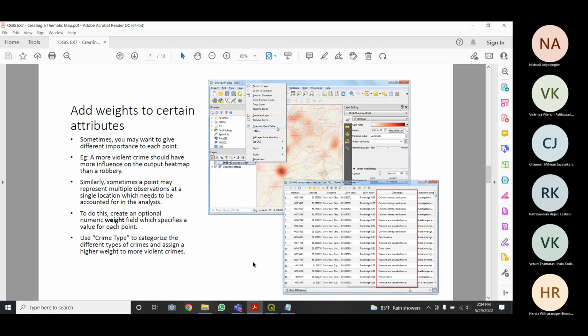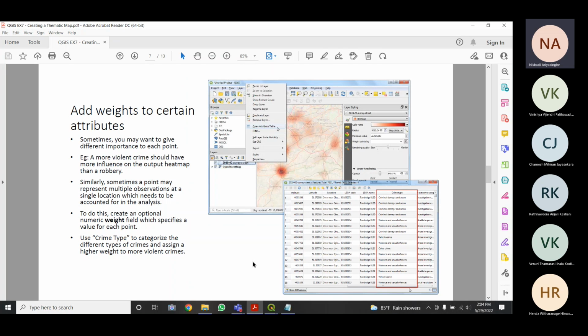normally, when we are creating heat maps, sometimes we might need to distinguish, or we might need to visualize a more violent crime with more influence or with more heat, right? If a particular area has records where people kill each other, then that area is very dangerous, right?